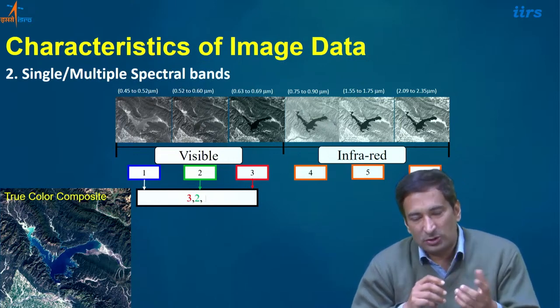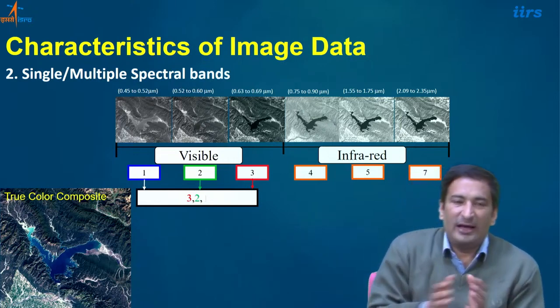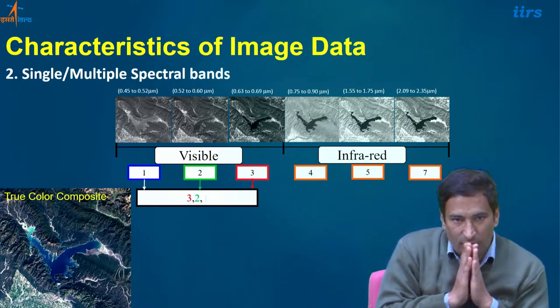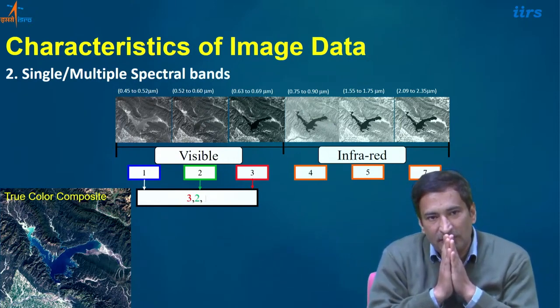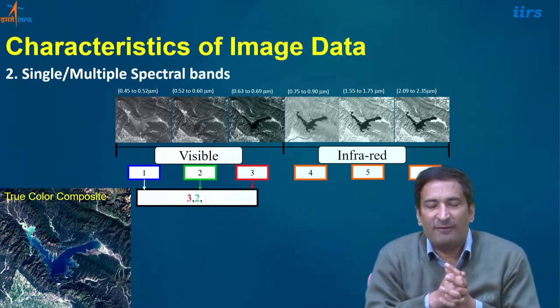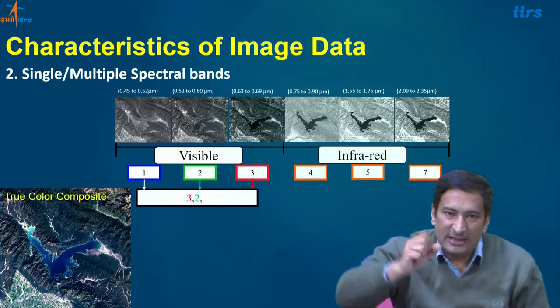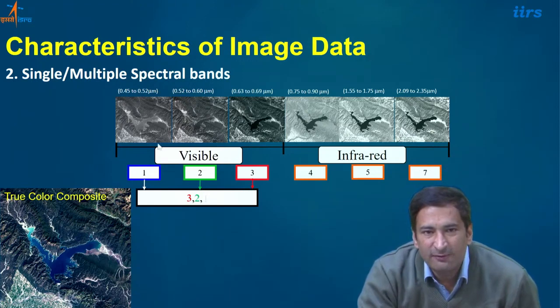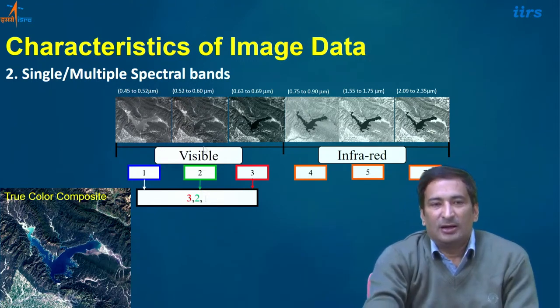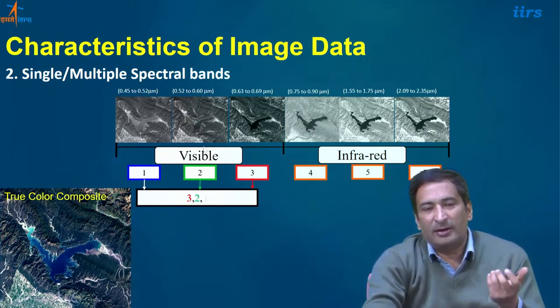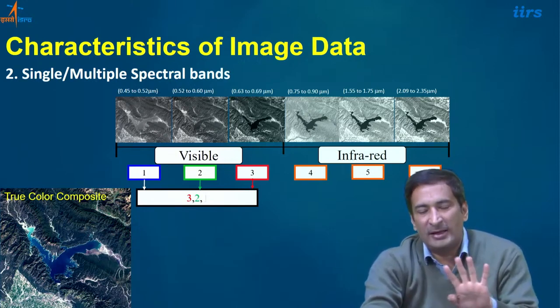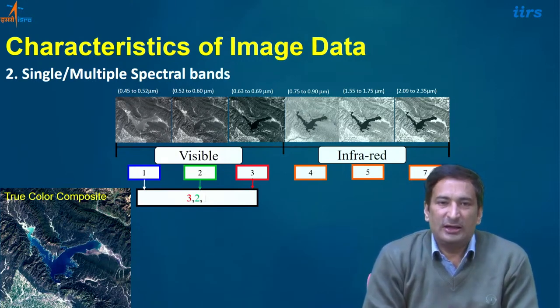Okay, in that ResourceSat 1, the name of the satellite, we have one sensor called LISS 3, Linear Imaging Self Scanning. That is the name of the sensor. That sensor is capturing the image in different bands. It can be band number 1, band number 2, 3, 4, 5. 4 bands are there basically in your LISS 3.